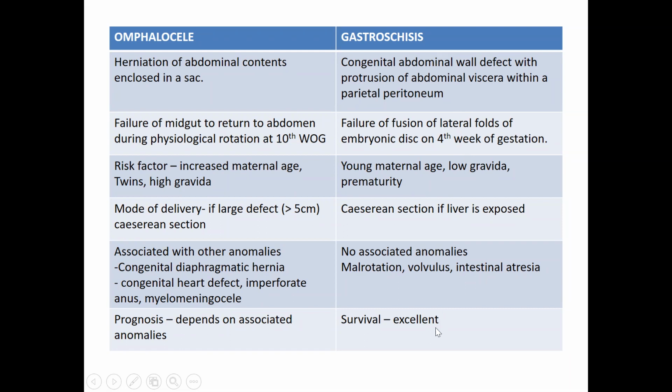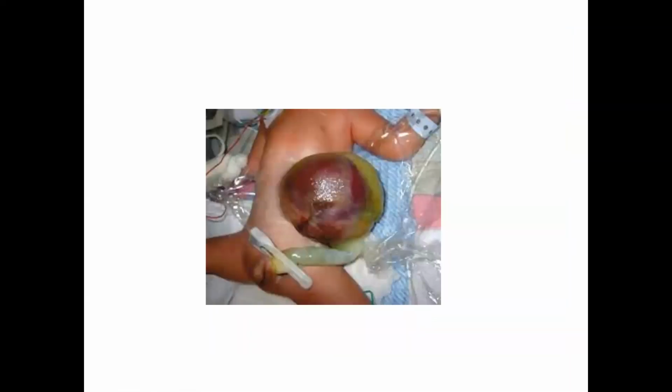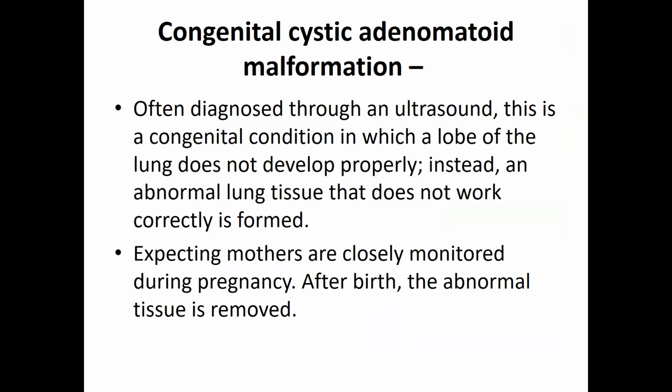While in gastroschisis, though it looks very scary, with lots of abdominal and intestinal content exposed without a sac, if the operation is successful, with the bag gradually reducing, and if we can prevent infection, the prognosis is very good because it is not associated with other congenital anomalies. Okay, so this is the omphalocele.